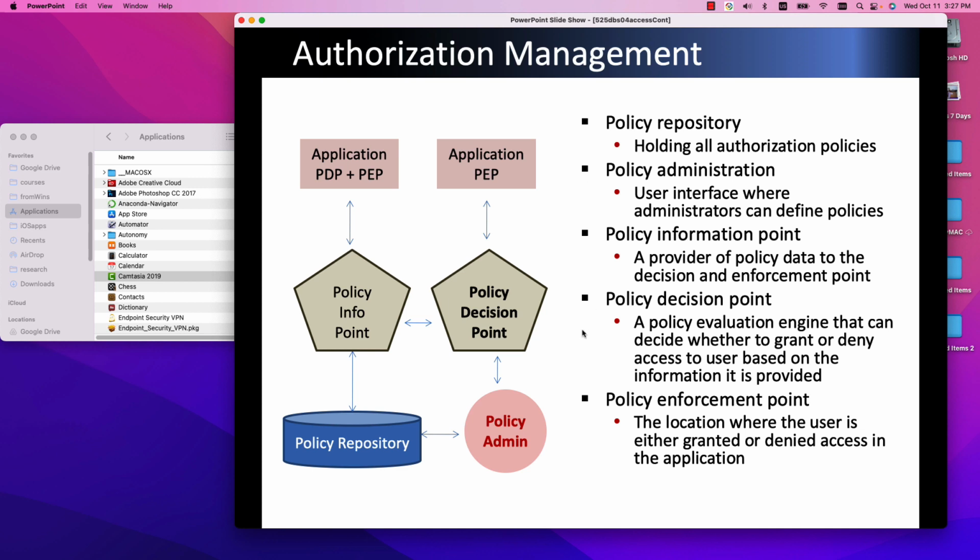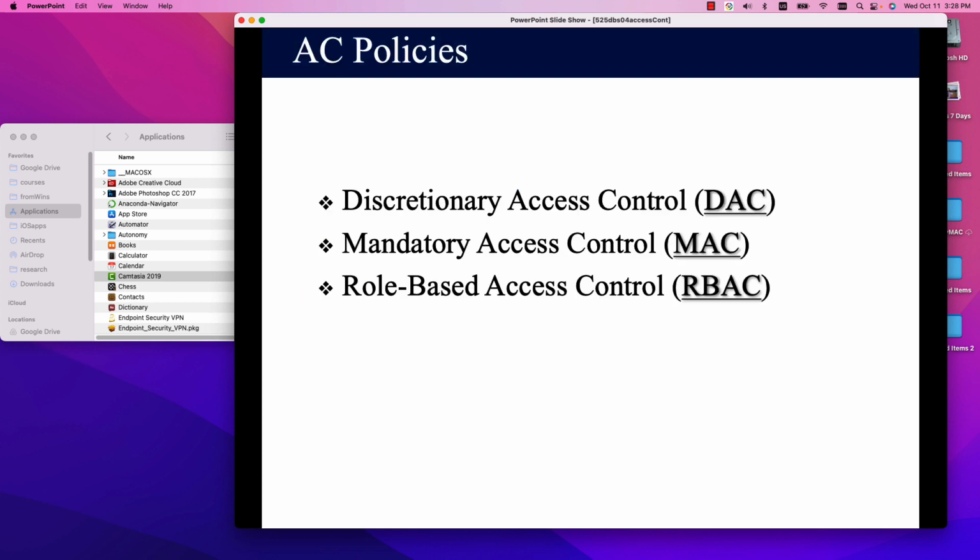Once it is done throughout all, then actually we can say these guys can do some of the policy enforcement. So policy can be enforced. So this is one policy is picked here, and then decide whether it is granted or denied. Once it is done, then that is enforced. Access control policies,